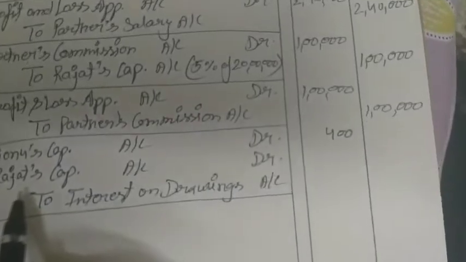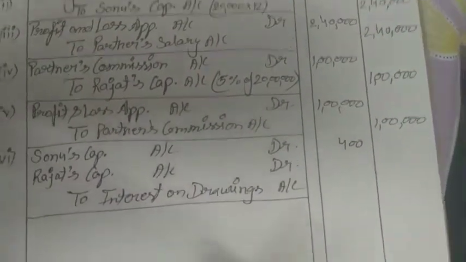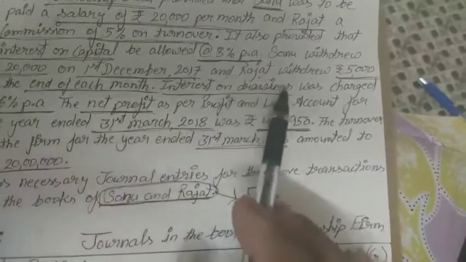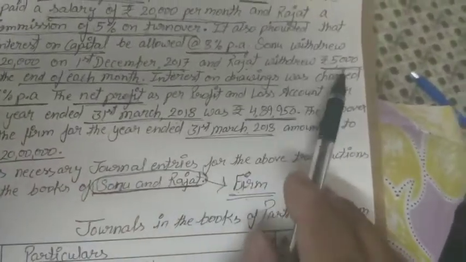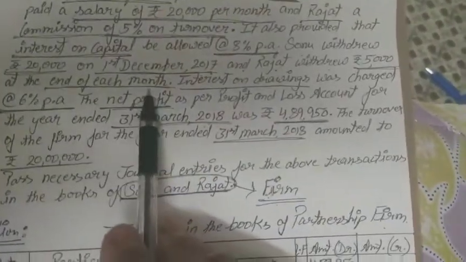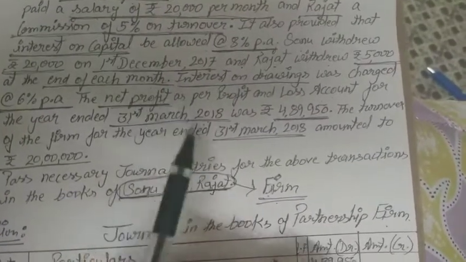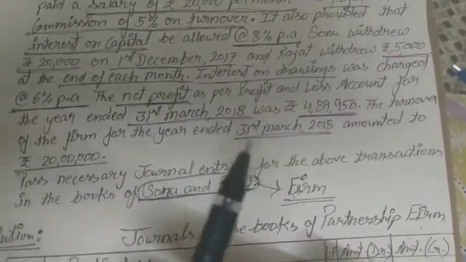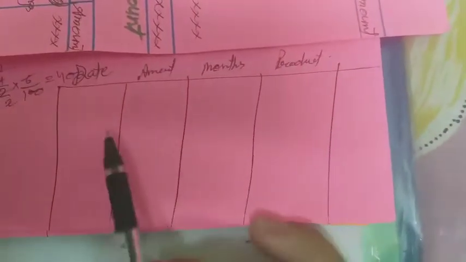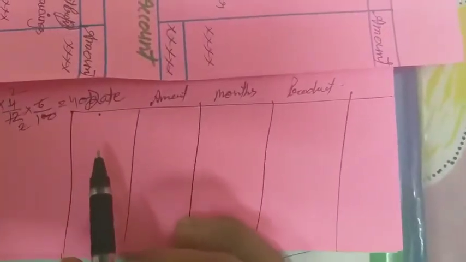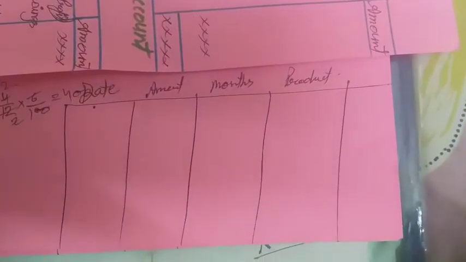If we calculate for Rajat, I have to prepare one format related to Rajat's interest on drawing, because he is withdrawing 5,000 at the end of each month. So according to the format you can understand more clearly. This is a rough format I have prepared for the calculation. Date means on which date he is withdrawing the amount. The year started from 1st April